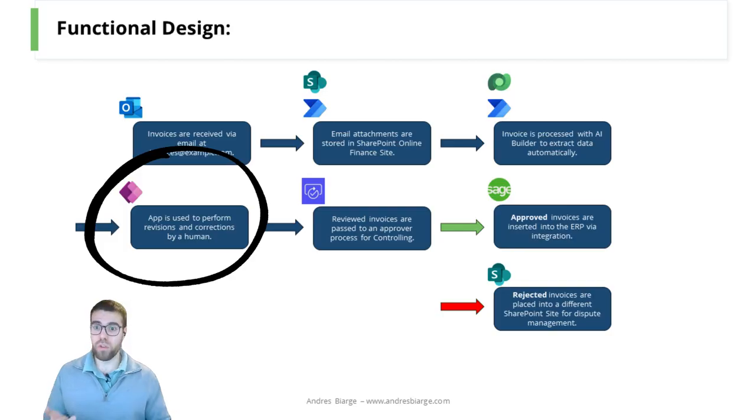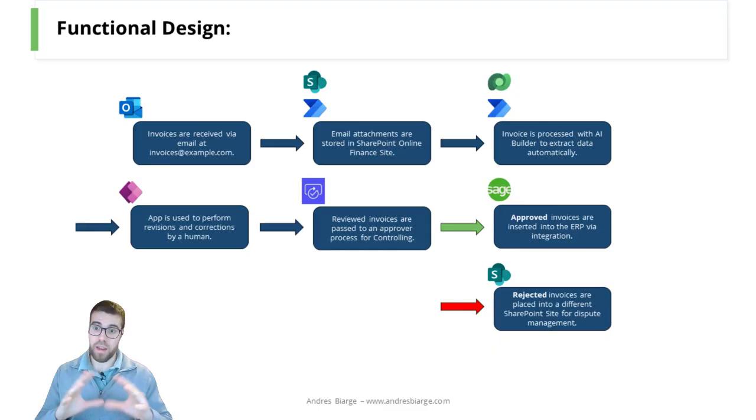And afterwards, where you see here the Power Apps logo, we are going to use an application, which is going to be the next content I'm going to show you, an application for a human to manually review and perform corrections where necessary to those automatically processed invoices. Because artificial intelligence is not perfect, and invoice data is pretty sensitive information, so we want to make sure that all the data is correct before passing it over to the next step of the process, which is the approval process